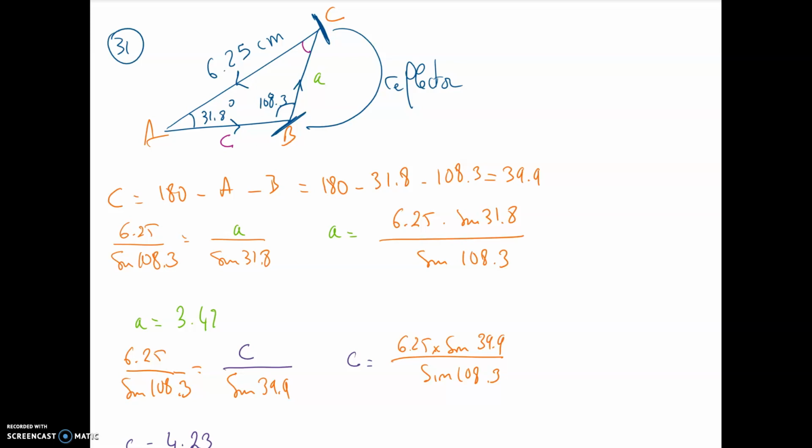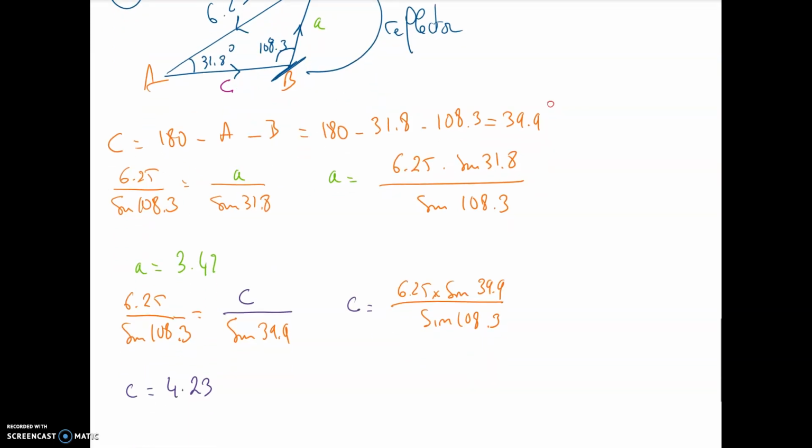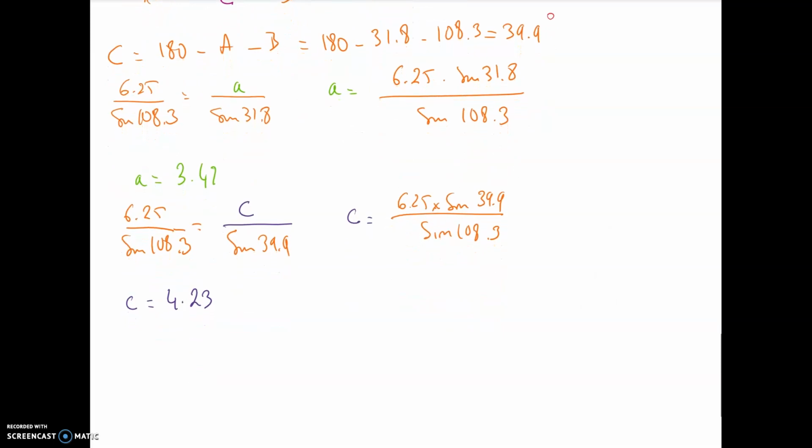Finally, on this problem number 31, we have a triangle and we want to calculate the sum of A plus B plus C. We have B equals 6.25, and we have the angle A and the angle B. So we are missing the angle C. To find the angle C, I'm going to subtract the angle A and B from 180, and that gives me 39.9 degrees. Then using my law of sines, I end up extracting the side A, and that gives me 3.47. Using my angle C that I calculated and my law of sines, I'm expressing now the length C, and